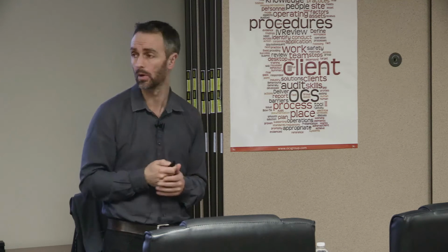Arc-resistant switchgear. So this is where I'll probably spend the rest of the talk. Arc-resistant switchgear is about what we can design in our panel, and it's not only switchgear, it's all of our electrical panels. How can we design them to ensure that the arc blast does not hit an operator? And what are all the things we can do around that? Also then last, in terms of